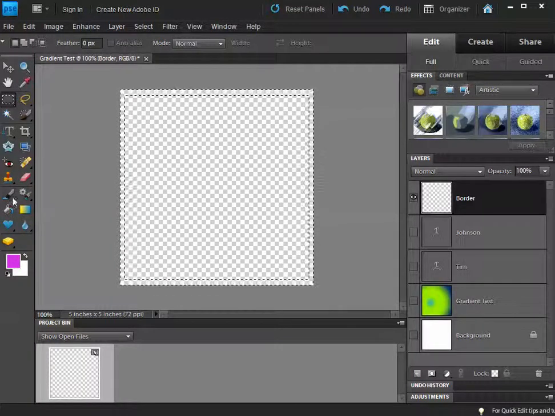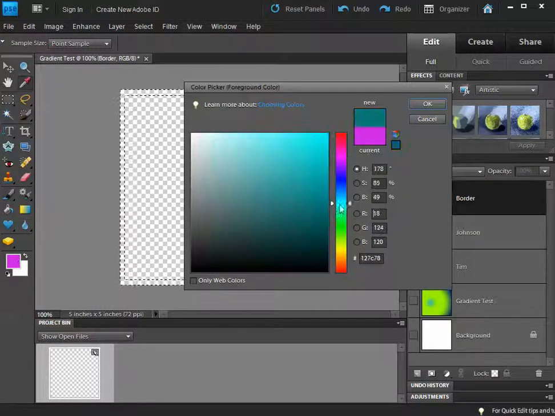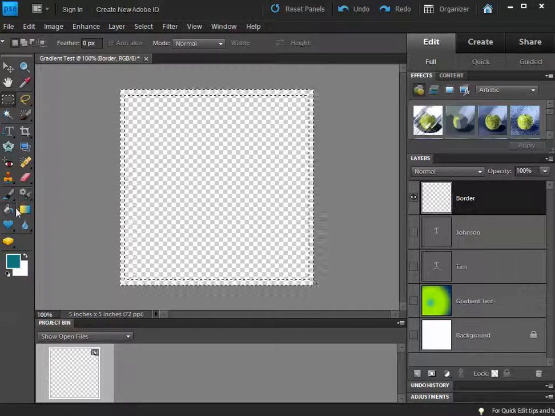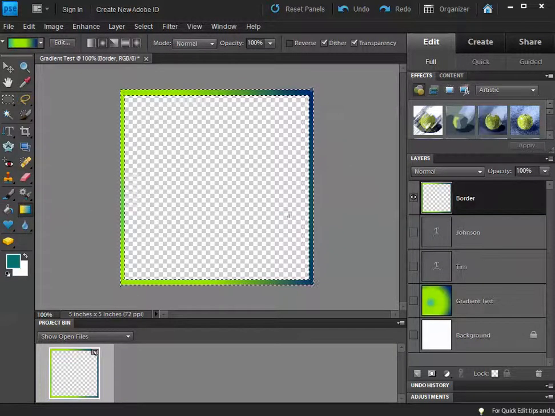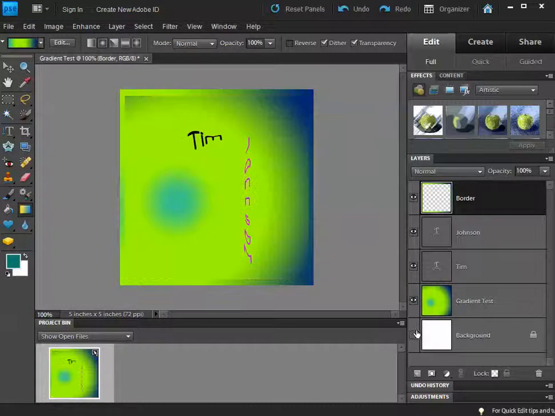And you can go ahead and click on a color that you want, click OK, and you use the paint bucket and color in the border. If you don't want to do the paint bucket, you can also use a gradient as well. All right, and then Control D to deselect, turn the eyes back on. Right, and now you can see that we have a border, and you can always take the border on and off. It kind of blends in a little bit too much, so I'd probably change the color,